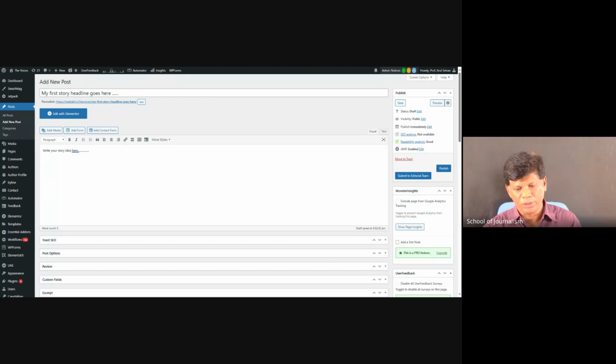So the first option for you to initiate the editorial process is to submit to the editorial team. Only then does the team start working on your idea, approve it, and it comes back to you. Then you draft it. The new post you are creating with a new idea goes to the editorial team members, they approve it, it comes back to you, then you convert it into a draft. Again, you submit to the editorial team members, then it goes for copy editing, comes back for review, then goes for publication, and finally goes public. So this is the life cycle of a story. And the next level is media.